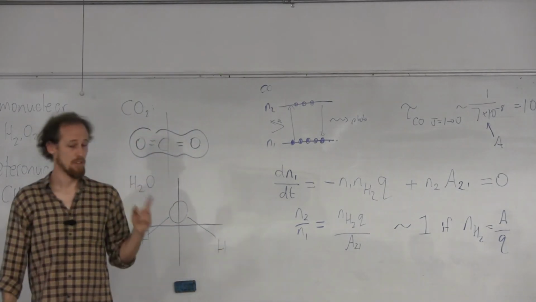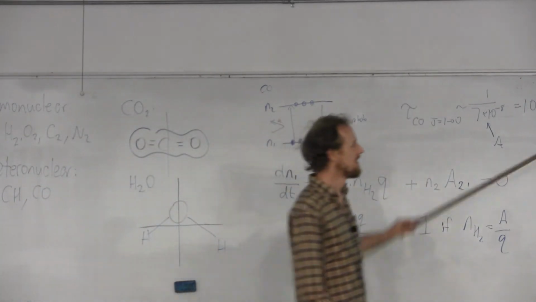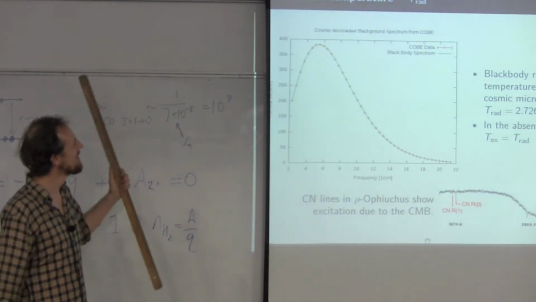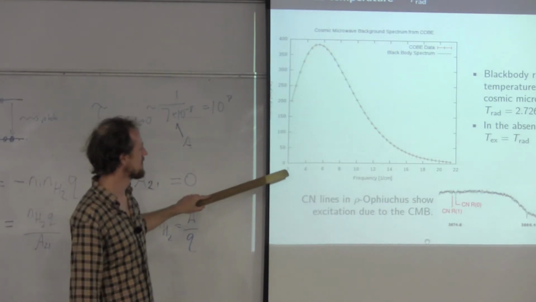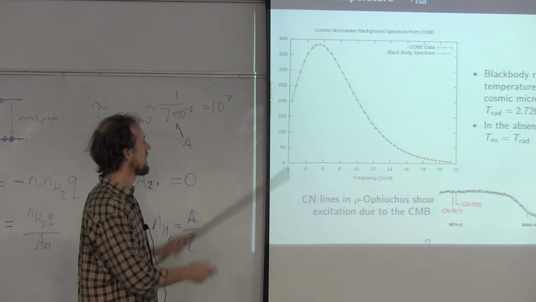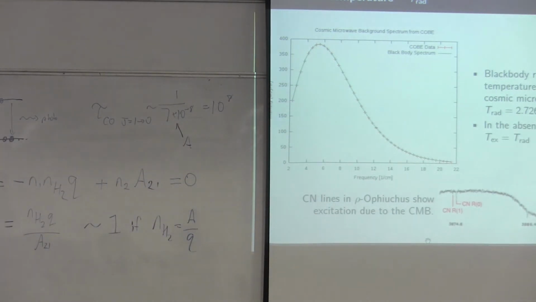Turns out that in the universe, collisions are not the only way for a particle to be excited. Also, you have the cosmic microwave background. And so this maybe is related to the heat death of the universe, I guess, in that this spectrum shows the intensity of radiation left over from the Big Bang, a curve like this, which might possibly look like a familiar curve to you. The formula for this,